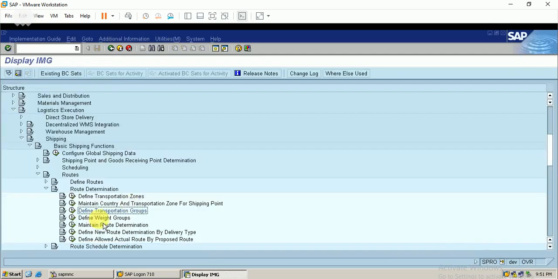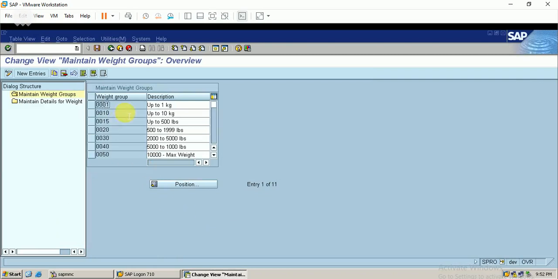Define weight group. This weight group will be configured so that, depending on the weight of our material, the route determination will change. I have classified my product weight into two groups: up to 100 kilos, and the other one more than 100 kilos.